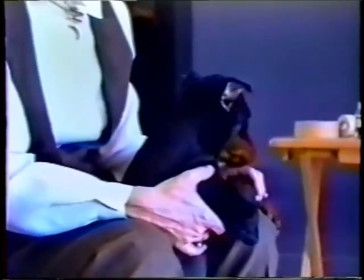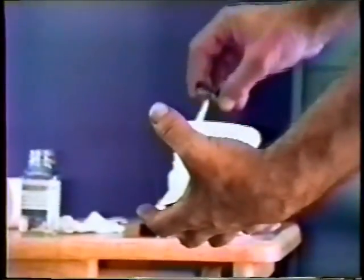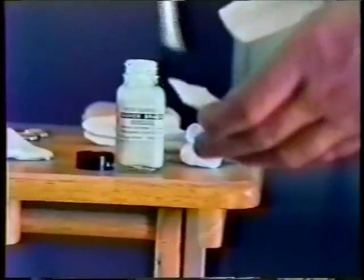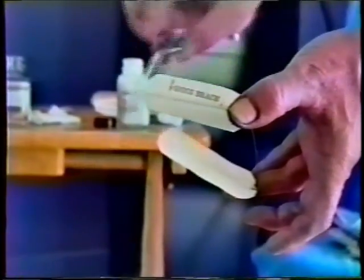Just cover the ear well. Now apply the adhesive to the inside of the quick brace. Again, thick is not the answer. You just want to coat the brace and the ears evenly. Now we've sped up the application of the brace for the sake of the video camera, but what you're going to do is wait 2 to 3 minutes for the adhesive